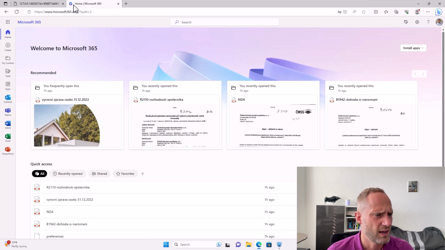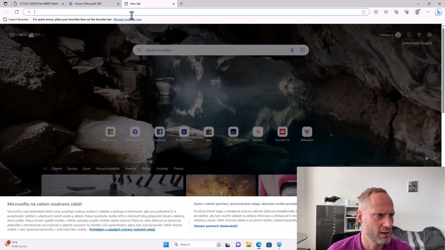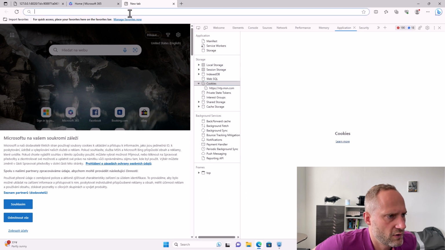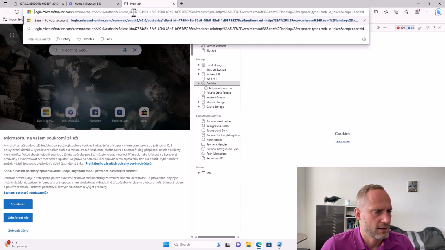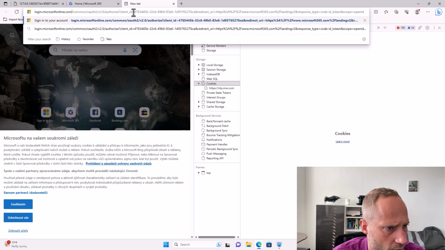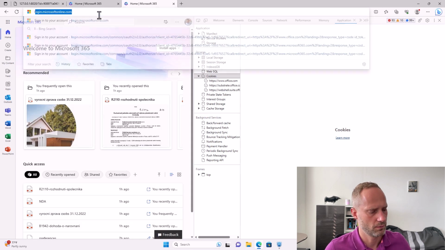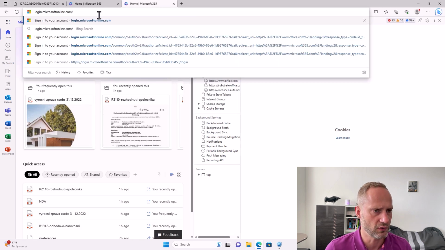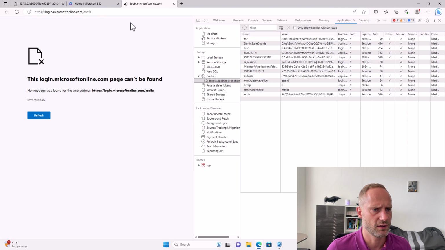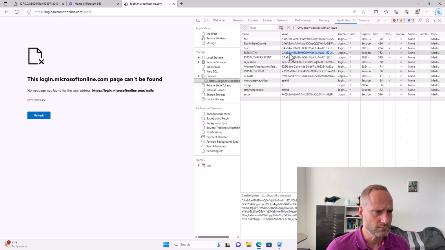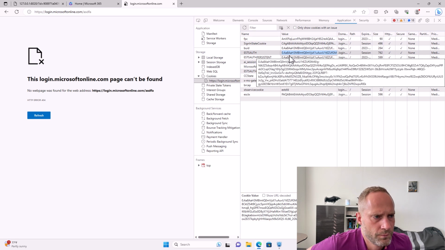So as the user is fully signed in into Office 365, probably there is the session cookie for that Office 365 application. So let's try to steal the cookie. To steal it, I can use the developer toolbar, which is present in Office 365. And again, I just take the right cookie there, which is this one. And if I bring this cookie to an attacker computer and import it into the browser,